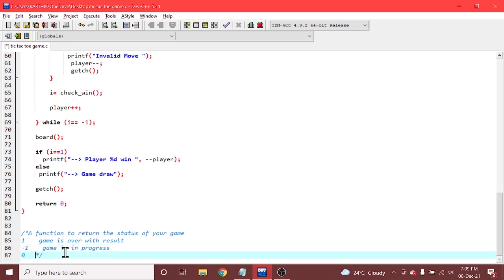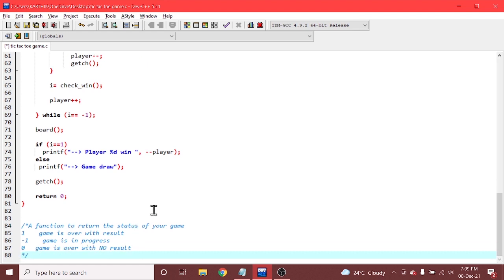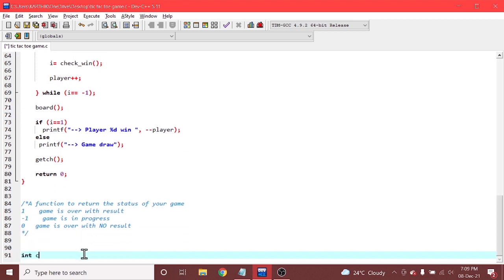Finally 0 for game is over and you can say with no result. These are the three cases which we are going to keep in the checkwin function. So we are writing int checkwin function.